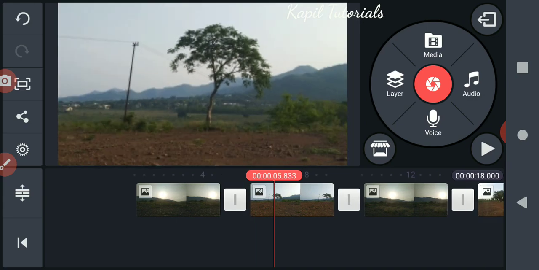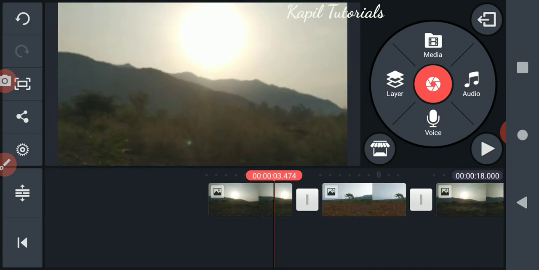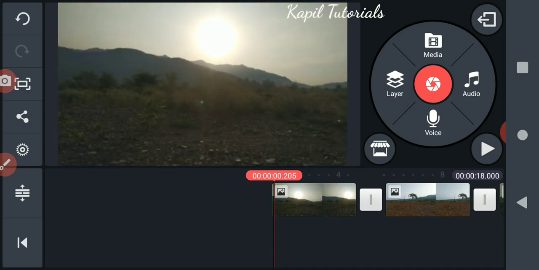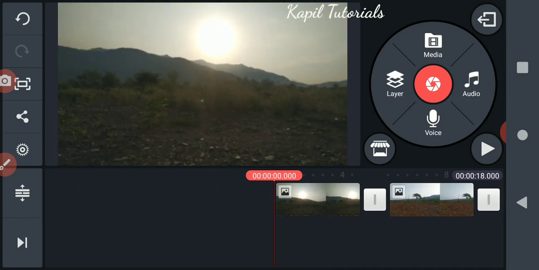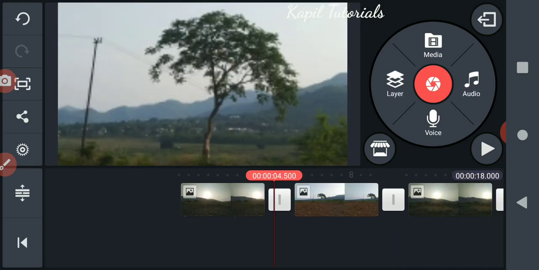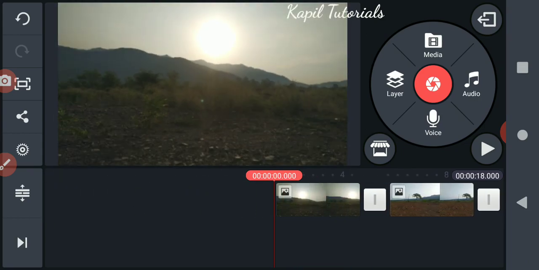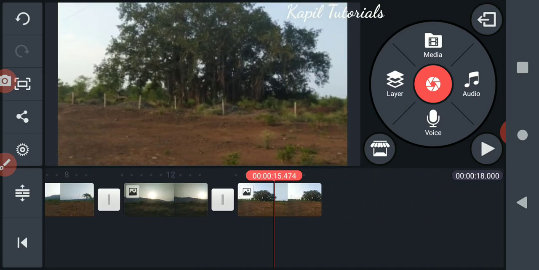So you will all try to make your movies in this software. Those who have made, no problem, but you can learn this software also. So today you have learned how to insert media in your timeline and how to start.